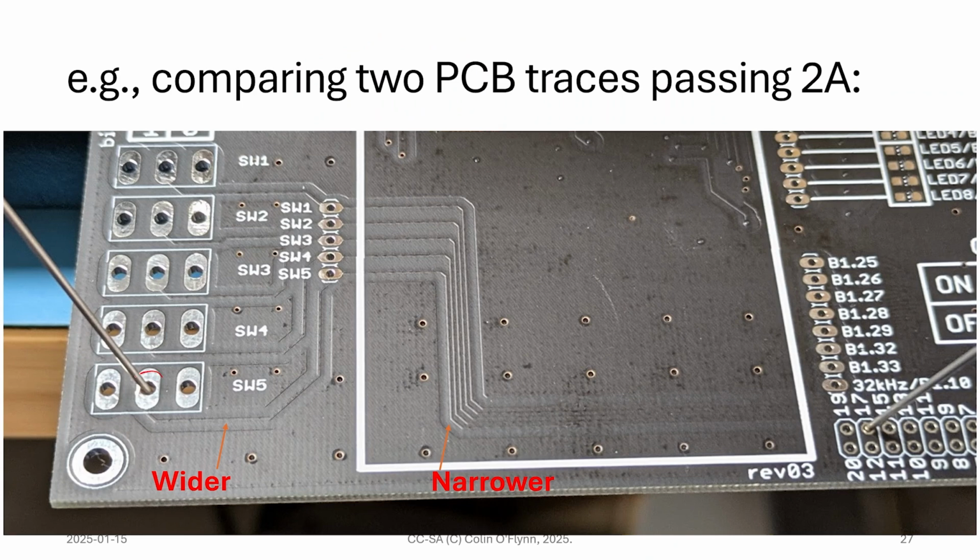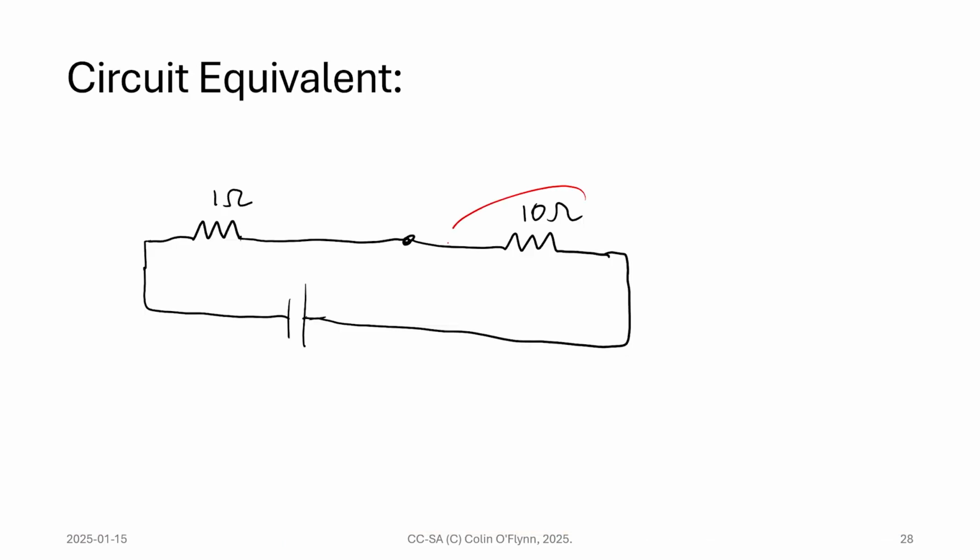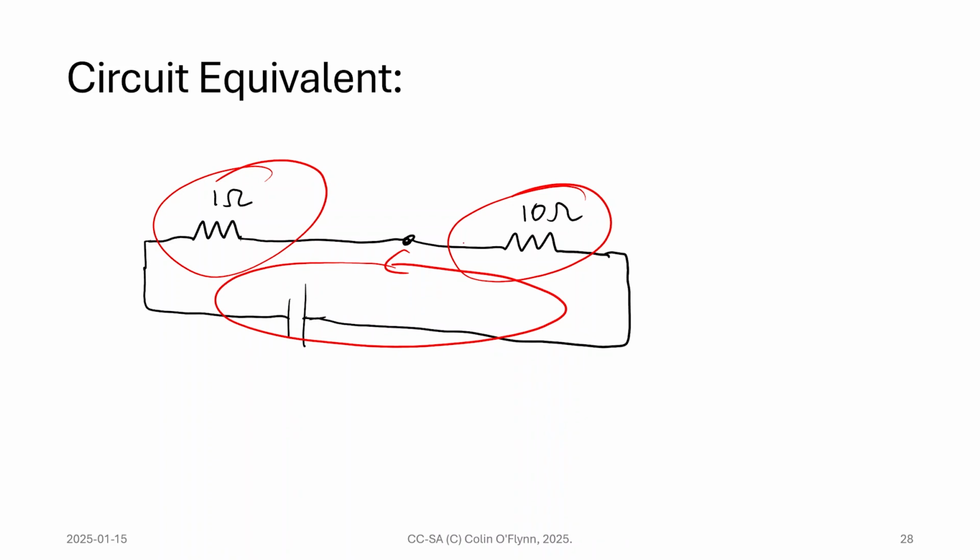Why this matters is, say I took a trace like this guy here, and I had a wider trace and a narrower trace in one line. On this board, I haven't actually had this, so it wasn't designed this way on purpose. What you effectively have is like a little circuit where you have a bigger resistance and a smaller resistance, right? If you have these 2 resistors in series, and say it was driving a motor or whatever,